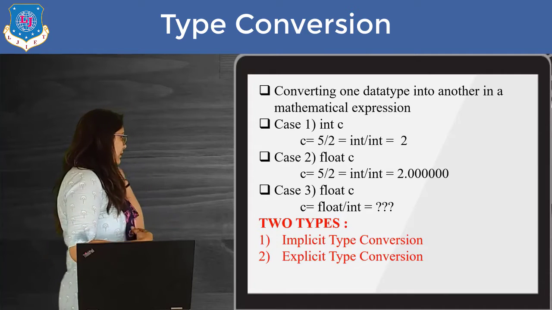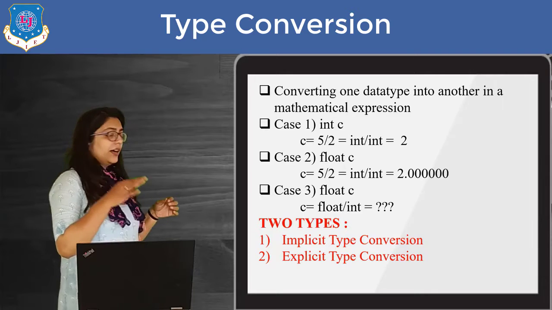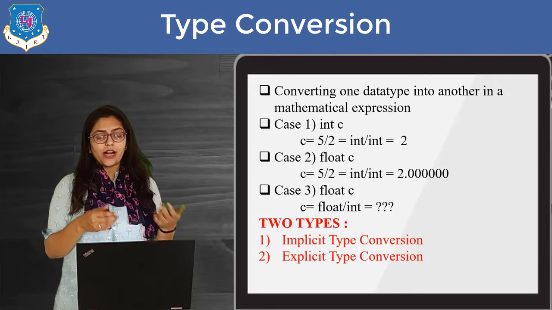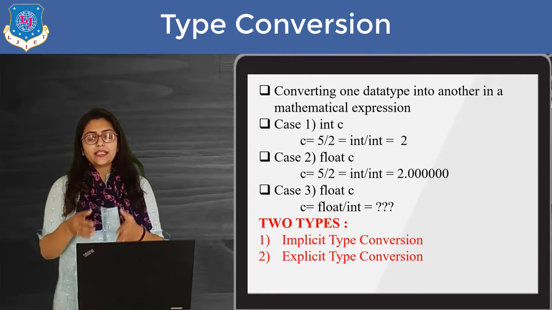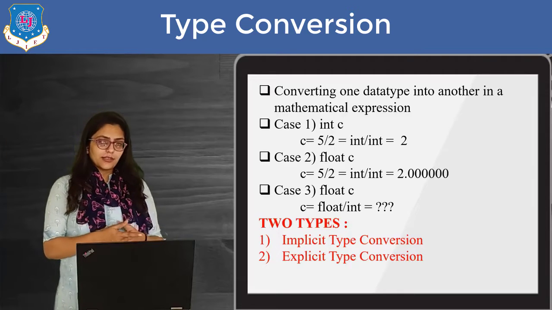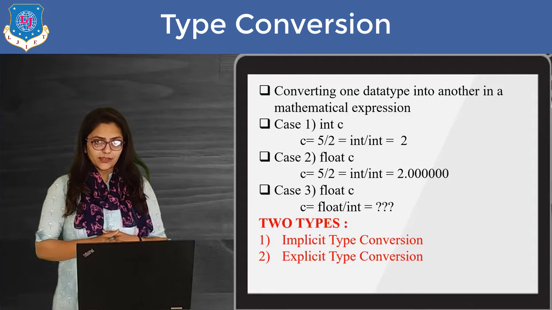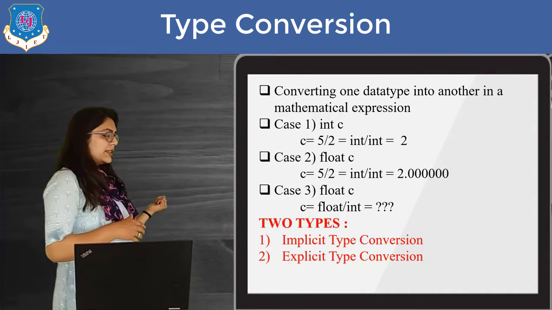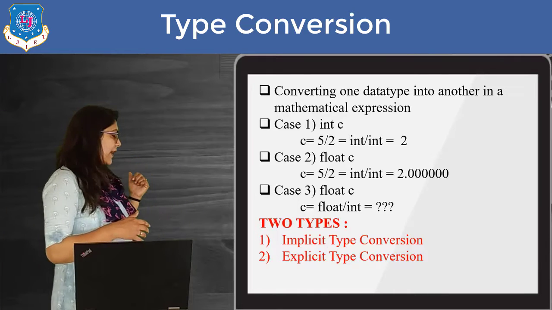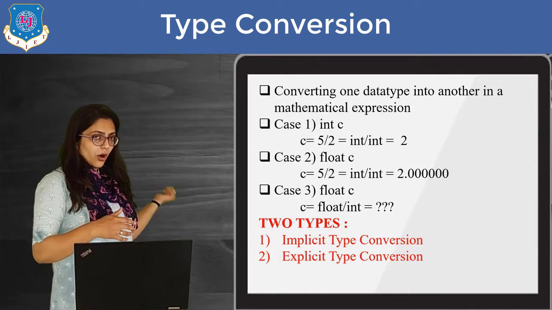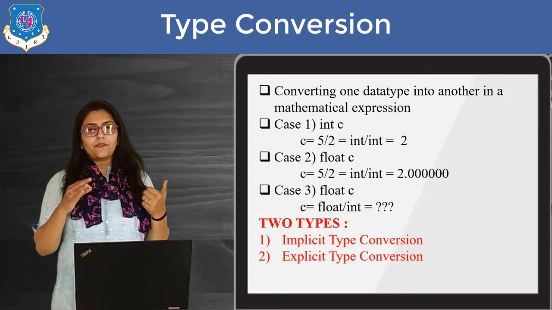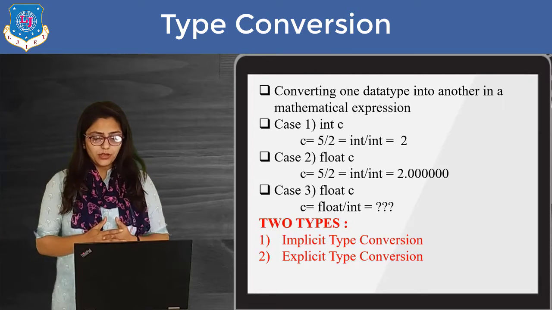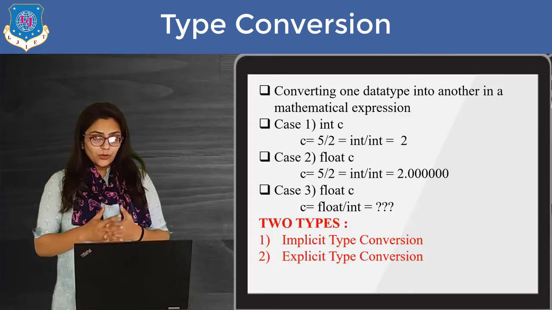Now you can perform the third case in which you are just taking one variable as integer, that is suppose a you are taking as integer and b and c you are taking as float, and storing the answer inside c as we have done in previous cases. You will see that you will get correct answer right now. Right? So you can perform this example by yourself and you will check whether it will give perfect answer for case 3 or not. You will see it is giving me 2.5. What is happening over here? This concept is all about type conversion.